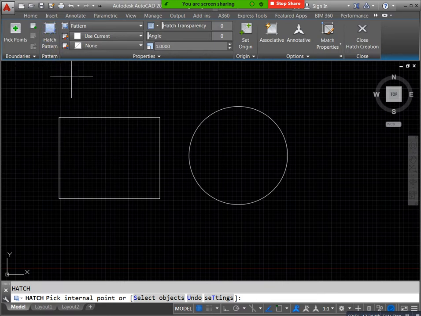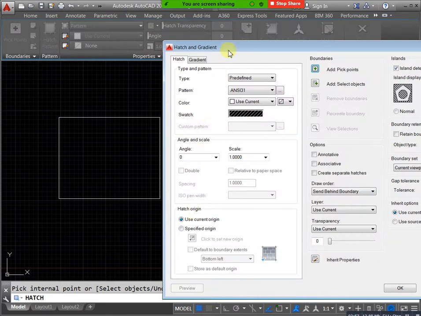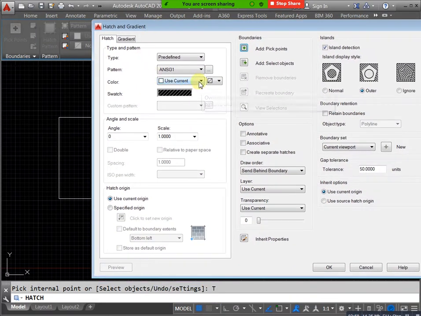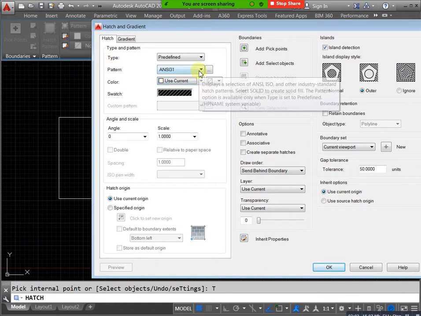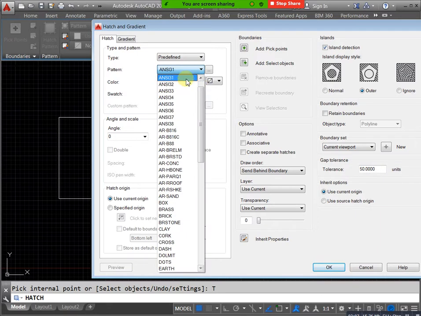In that case you go to settings. In these settings also we have our hatch patterns. Just you can see, these are the colors, and here we have pattern style. Here we have some codes. Based on this code also you can select your hatch pattern, or otherwise you select based on material. Just you can go.